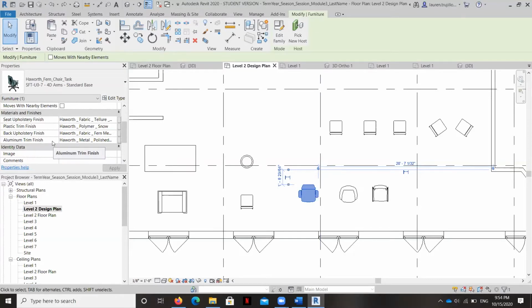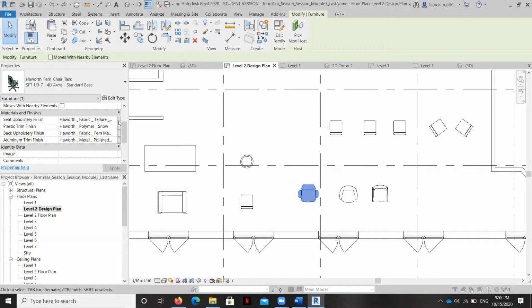And you can see here there's lots of different finishes or components of this chair that have potential to be changed and customized.